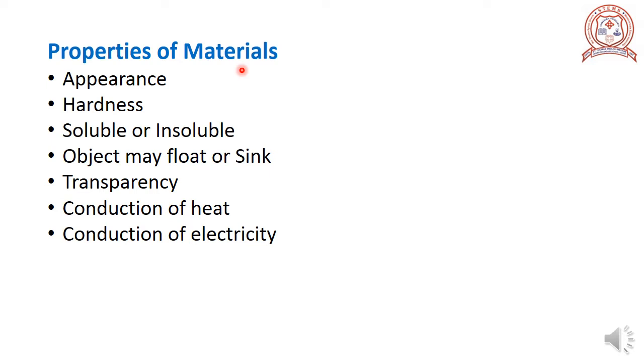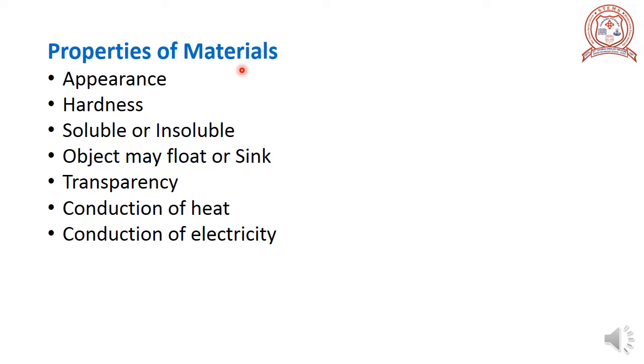Then what decides the use of material? How can we decide the use of a particular material? The properties of the material decide its uses. A material has some properties that decide its uses. As I said before, we can't use a cotton cloth to fill water. Why? Because a cotton cloth does not hold water. So we can't use it for filling the water, right?